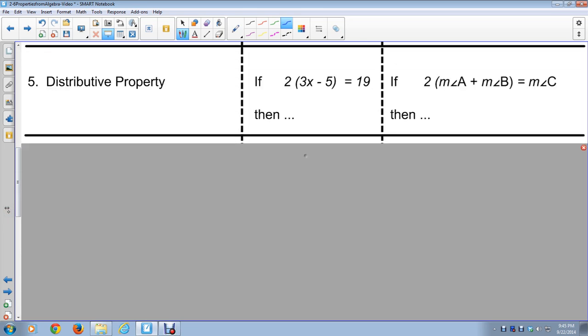Distributive property is probably the one from algebra that you guys are most familiar with and use all the time and use it very well. Okay, so I'm going to run through this one real quick. Multiplying through the parentheses, 2 times 3x giving me 6x, 2 times -5 giving me a -10, of course, equal to 19. I did not change the right-hand side. Notice what I just said. I did not change the right-hand side. I only changed one side